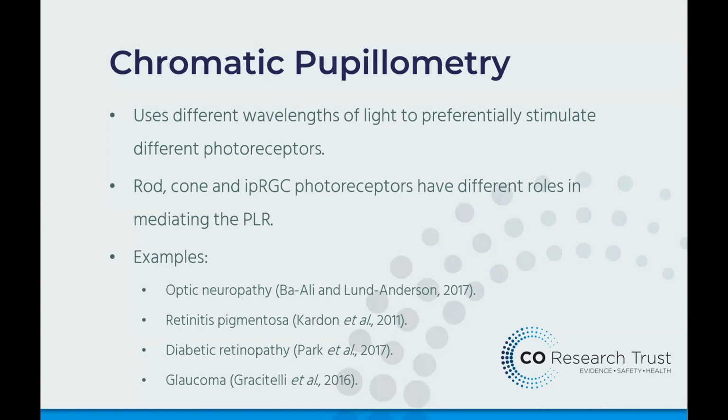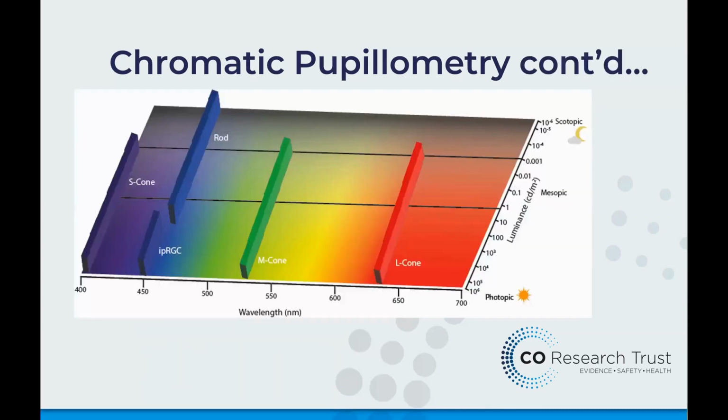Most research that tends to utilize chromatic pupillometry solely focuses on the use of red and blue light as stimuli to preferentially stimulate the cone and rod photoreceptors respectively, although there is potential to go beyond this. Here is a figure depicting the peak activation wavelengths for the different photoreceptors in the eye. As you can see, there are three types of cone photoreceptors. You have your long, medium, and short wavelength cone cells, whose names are derived from the length of the light